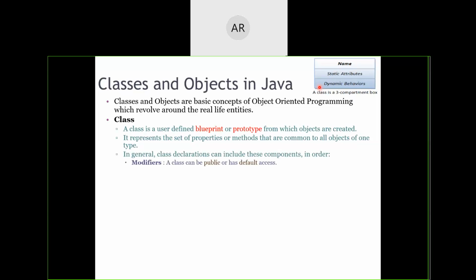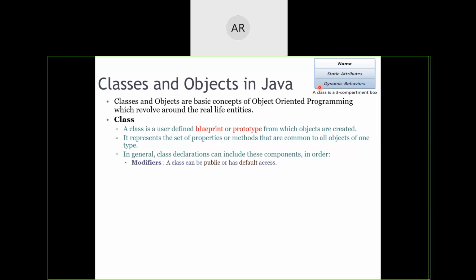So in Java, what are the various things that are required for declaring a class? Mainly in Java, we require three things to declare a class. First one is the visibility of the class. Do you want the class to be of publicly visible nature, or do you want the class to be private, or do you want it to be just visible within the package in which that particular class is kept?